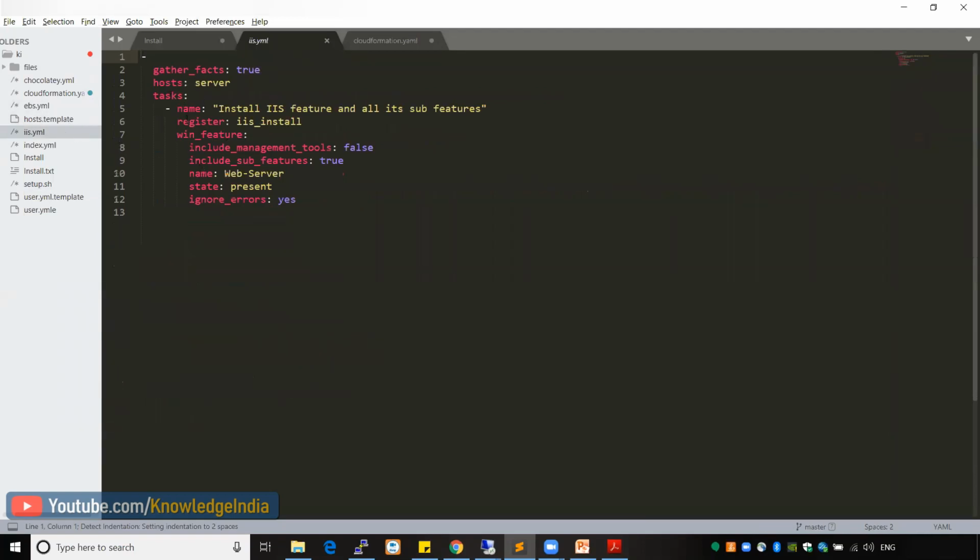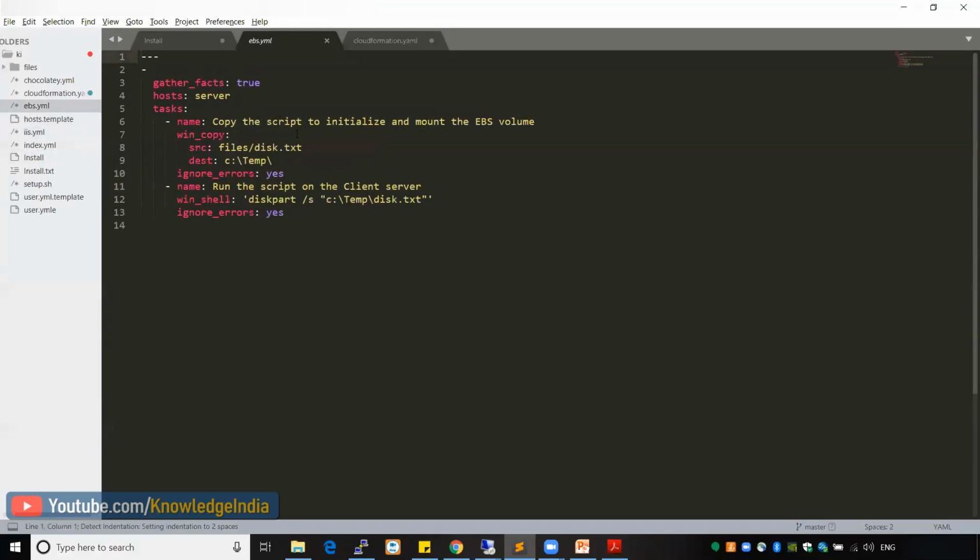It's basically using the Win feature module and providing the name as web server, and the state is present. So it's basically using this module to install IIS on it. And likewise for ebs.yaml,